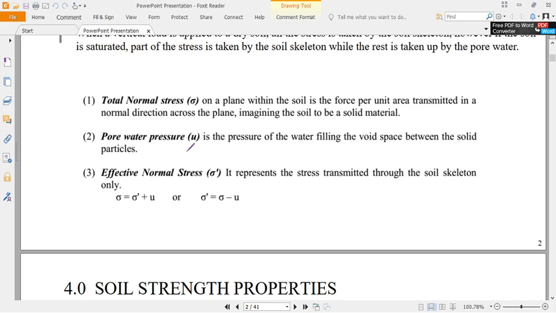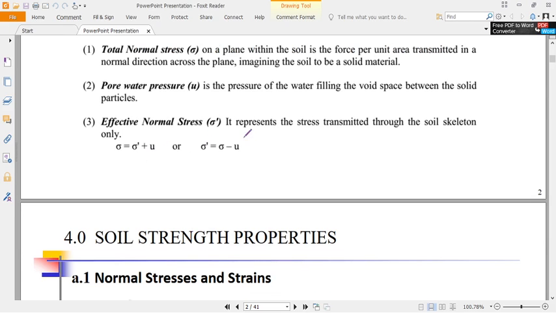It is the pressure of water filling the voids, or the void spaces between the solid particles. Remember, water exerts a static, hydrostatic pressure. That pressure reduces the effective stress of soil. The effective stress represents the stress transmitted through the soil skeleton, which is responsible for carrying the load applied onto the soil. Is that okay? So that's what we call the